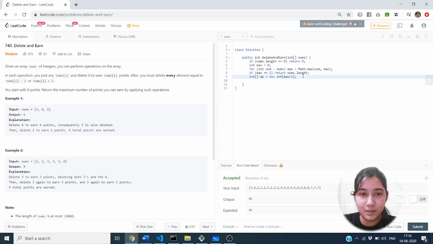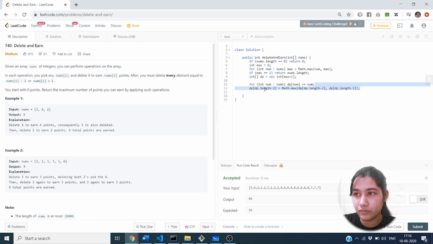And then the next step is to initialize an array dp, and then iterate over the array to store the frequency into the nums value.